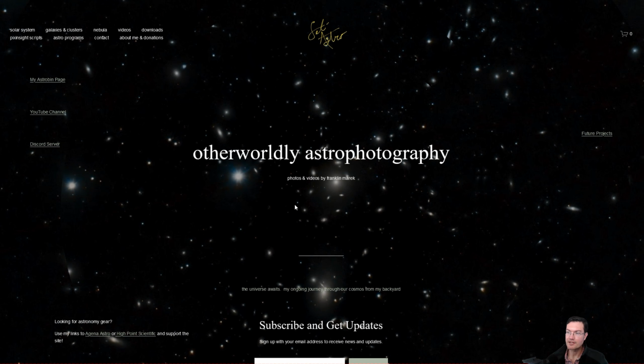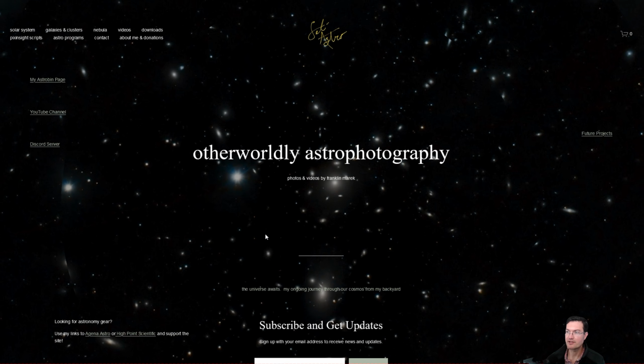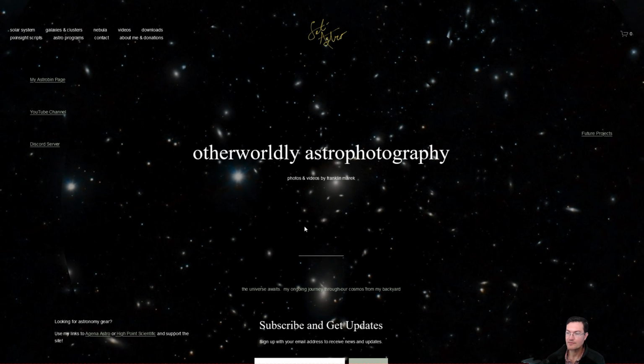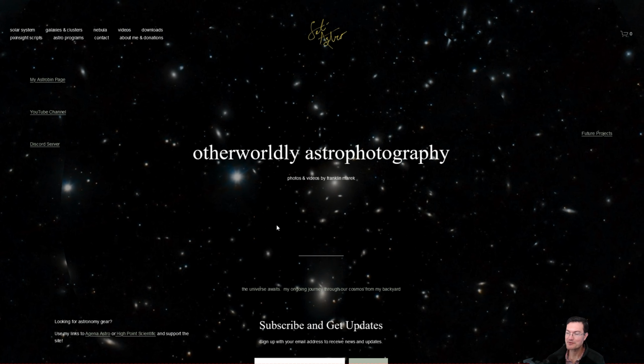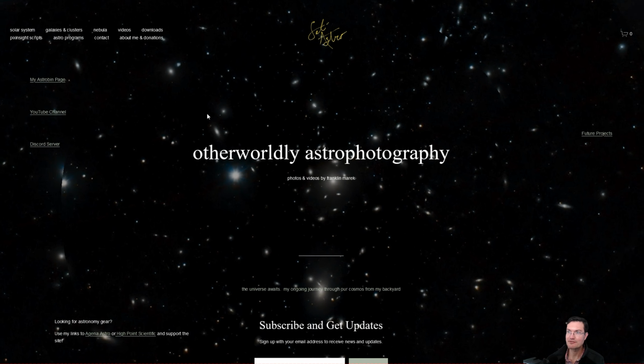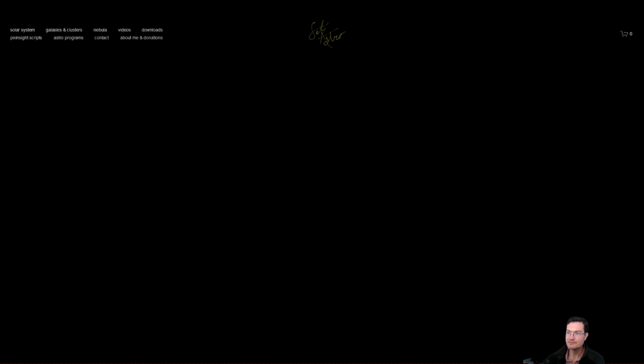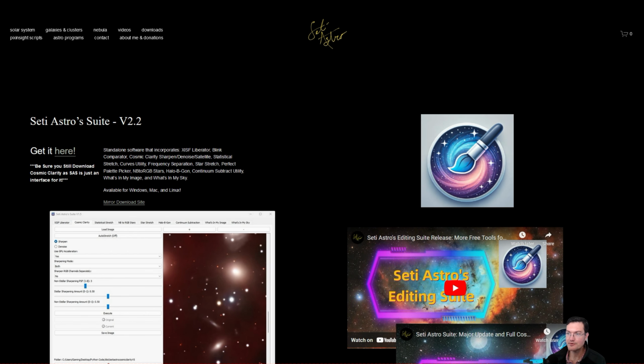So just the other day on my Discord, people were discussing choosing a good palette, and wouldn't it be nice to have a palette picker, and the intrigue of just getting the script done. I went for it. So be sure to get over to setiastro.com under Astro Program, SETI Astro Suite. Version 2.2 is out. There are also some other bug fixes in here too, but I have added